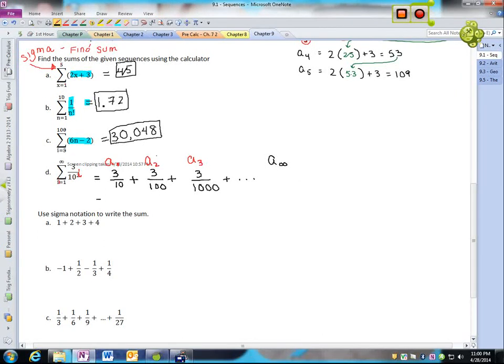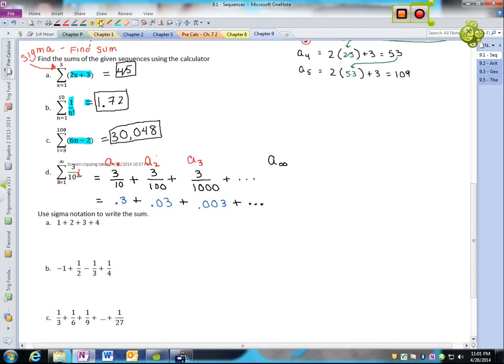What is 3 divided by 10? 0.3. Good job, it is 0.3. So 0.3 plus, do you know what 3 divided by 100 is? 0.03. Good job, it is 0.03. Add on, maybe you've noticed the pattern. Can you tell me what 3 divided by 1,000 is without your calculator? 0.003. Fabulous. If we were going to start to add these together and keep adding them, dot, dot, dot,